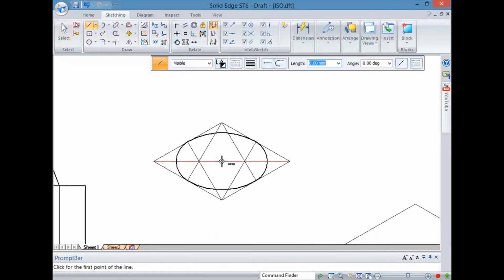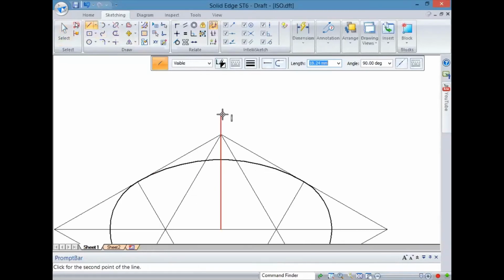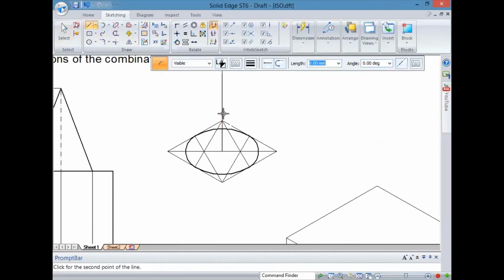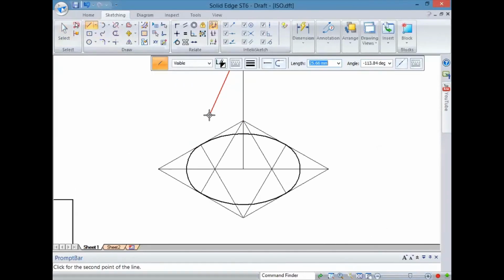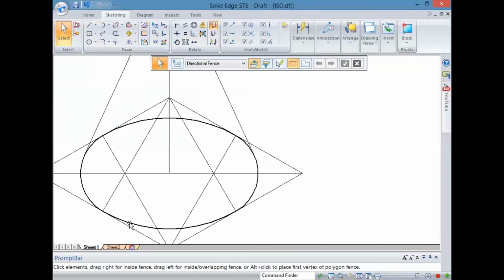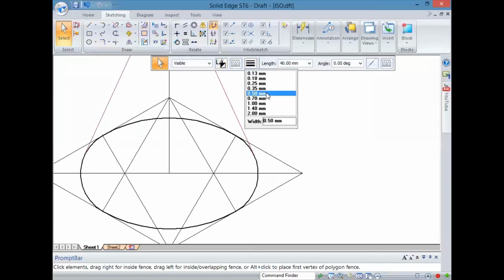From here we need to draw the axis. What is the axis height? Axis height is 40 millimeter. Now we need to draw the line which is tangential. You just cannot join it to the end point here, because in a cone and cylinder we view, they are not physical entities. We don't have any lateral edges. The curved surface is seen at the end. This portion is visible, whereas the portion behind that will be hidden.